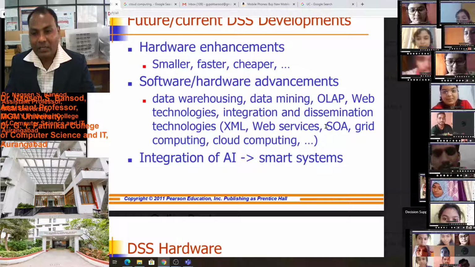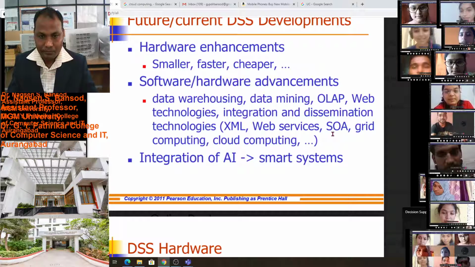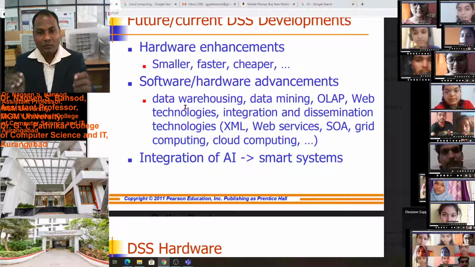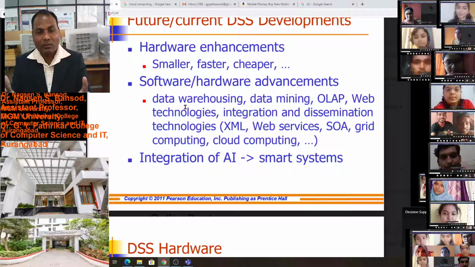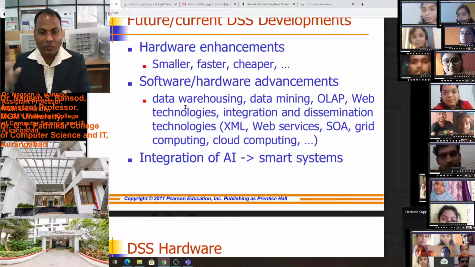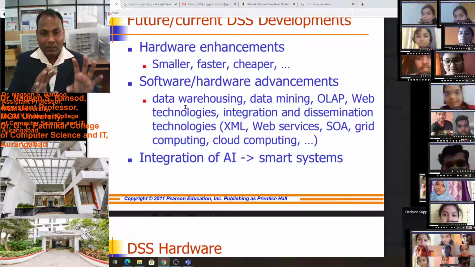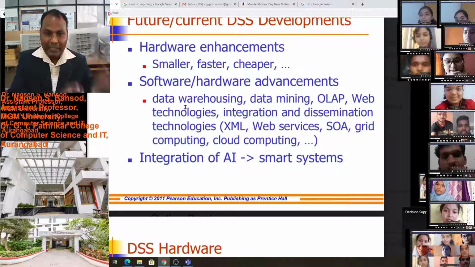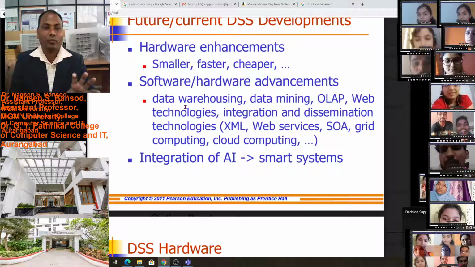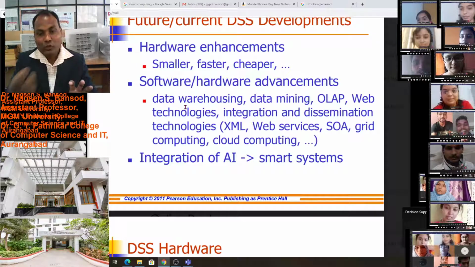Service oriented architecture. SOA is the service oriented architecture. Data warehouse. To show the appropriate output on the web, on the portals, we have to use data warehouse. There we will put our data into the database, and this data warehouse will give the output to the end user according to their view.